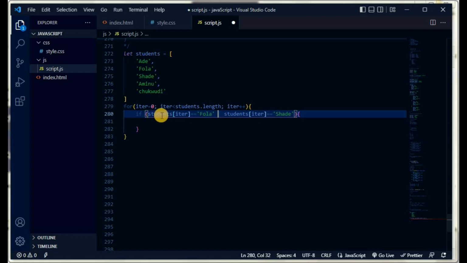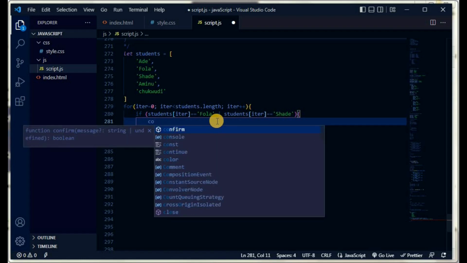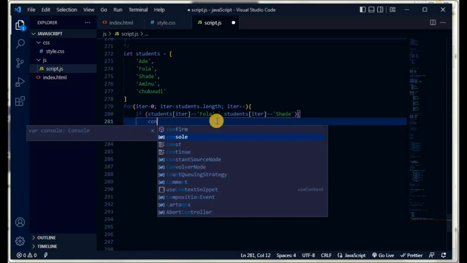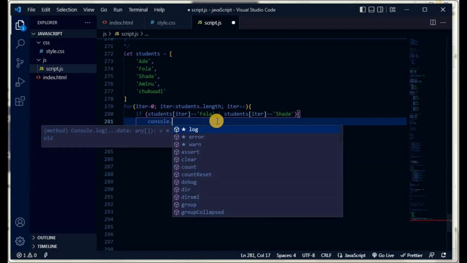So we're saying if the student with this index is the same as Fola, or this index is the same as Shade, this is what you should do. It's going to run through the code and check. When it comes to the index that is equal to Fola or Shade, we'll say console.log. We want it to log on the console